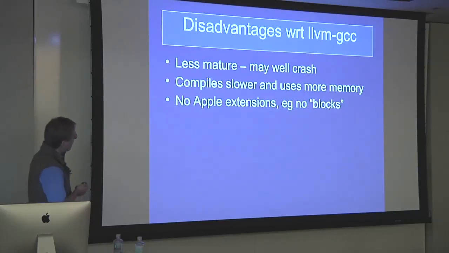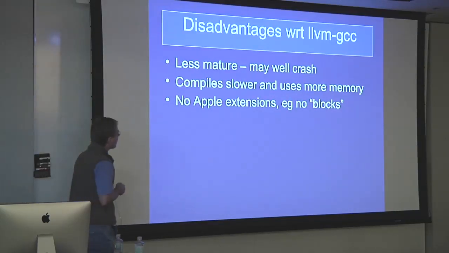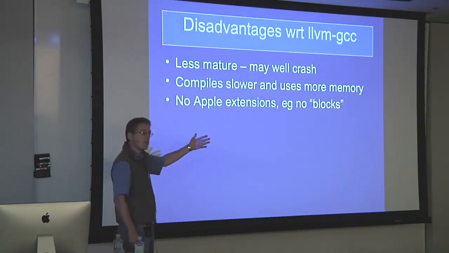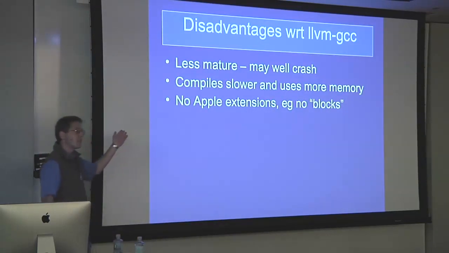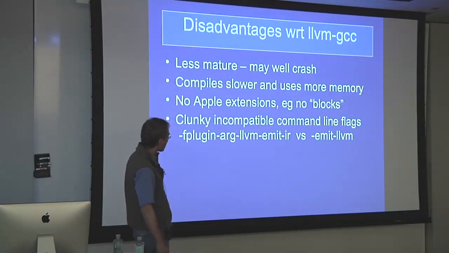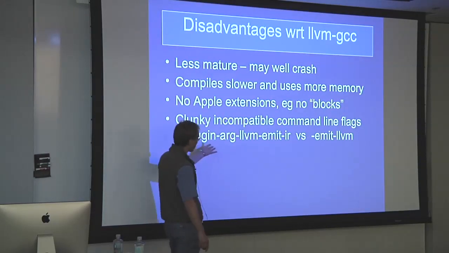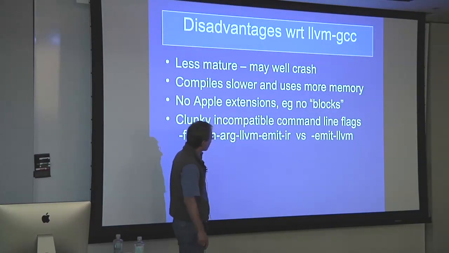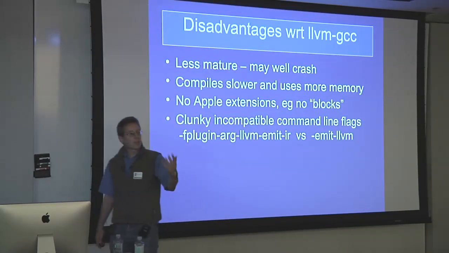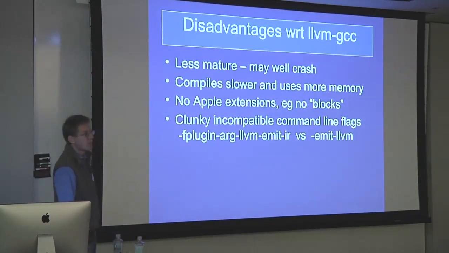In LLVM-gcc, you get to benefit from all these great Apple features they added in. For example, this blocks extension. There's some talk about adding this to GCC, but it's not there yet. So if you want it, you're not going to get it by going by GCC 4.5. You've got these really horrible command line options. They're very long. This is what is in LLVM-gcc. I guess there could be some wrapper script that just takes care of all this kind of stuff, but,